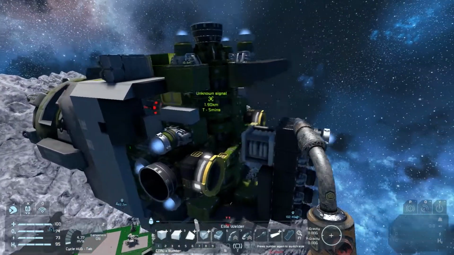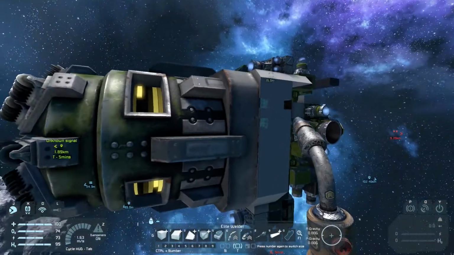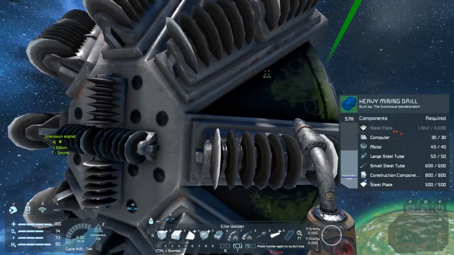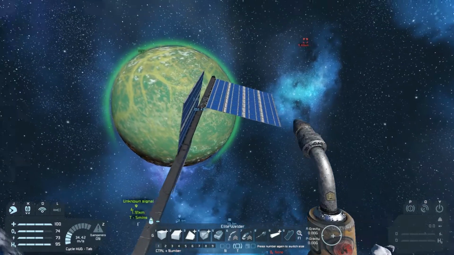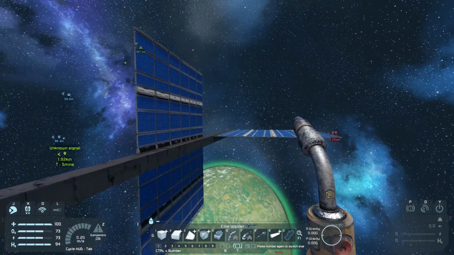Yeah, this is one of Adam's designs, as I've said. It's quite compact at the back. It's using small grid and it's using the largest drill node. It's still several thousand steel plates under, but that's fine. That's completely fine. Over here we've got some solar panels which are currently supplementing our large reactor in terms of